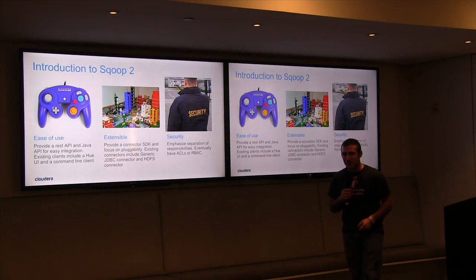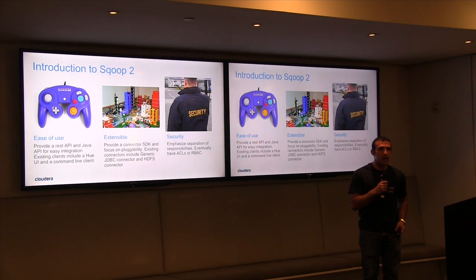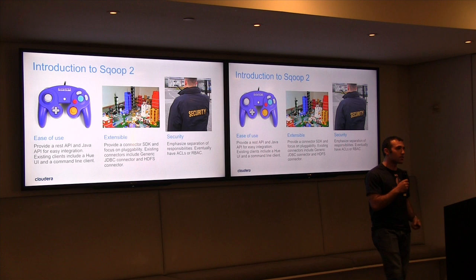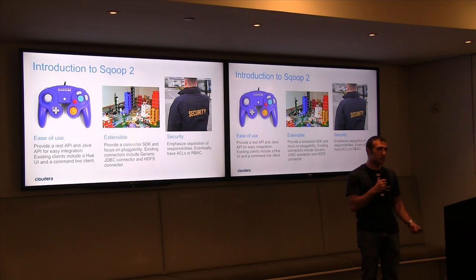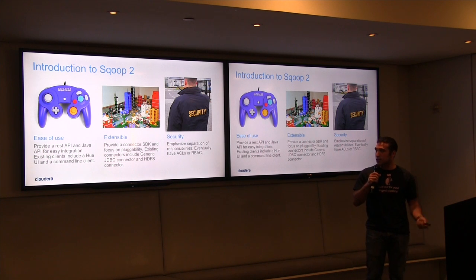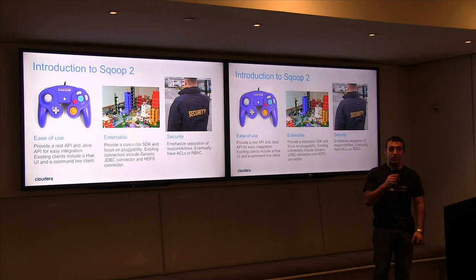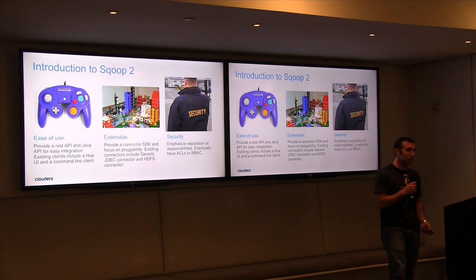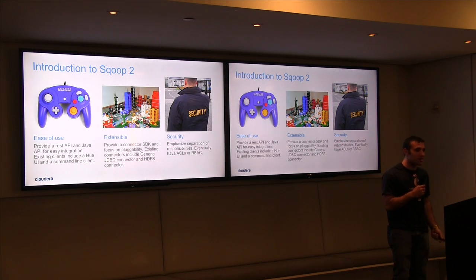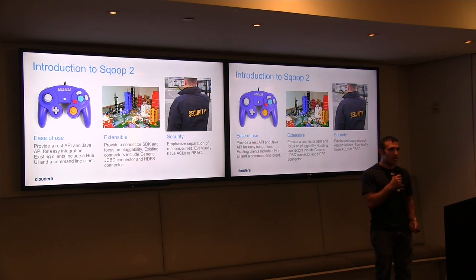All right, so Sqoop 2, just to give you guys a little bit of an overview. Sqoop 2 is very similar to Sqoop 1. It's targeting very similar goals, but we've got a couple of auxiliary goals that we have in mind. Ease of use, better security, and ease of extensibility. So you might ask why those three things. Ease of use is really big in my mind because who wants to use a tool that's hard? Ease of extensibility is also very big because I feel like a generic data transfer tool, yeah, it might get